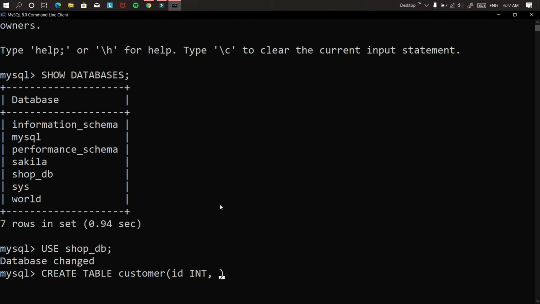For a string I will use varchar. And after the varchar I have to specify how many characters it can store. I have written 50 here, so if I enter name larger than 50 characters then my string will be truncated.